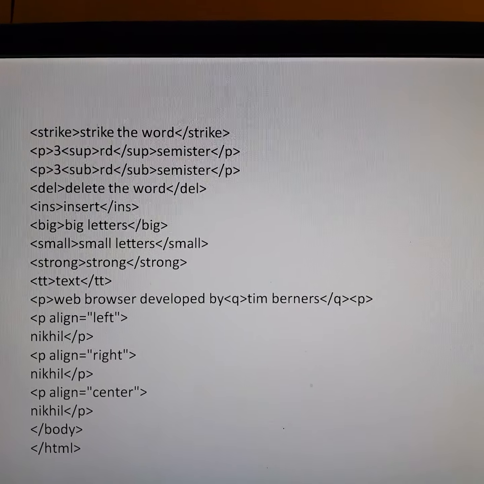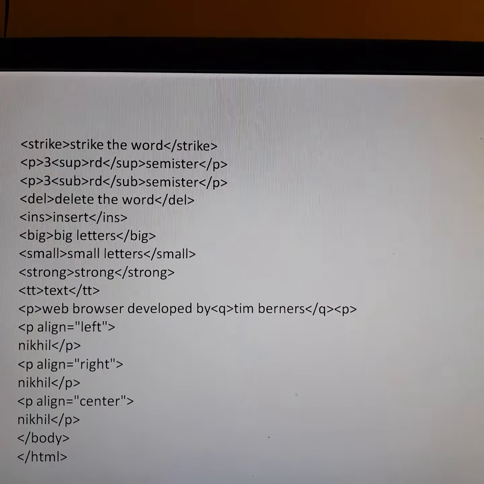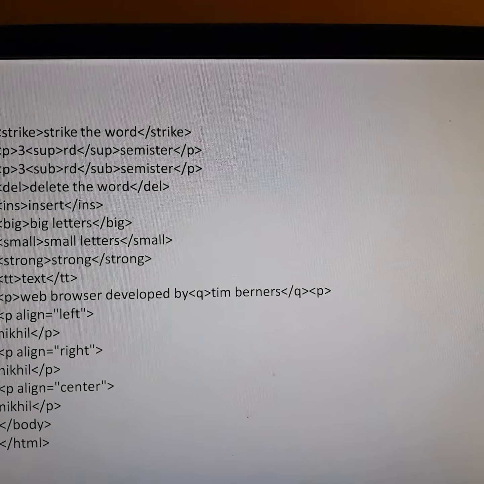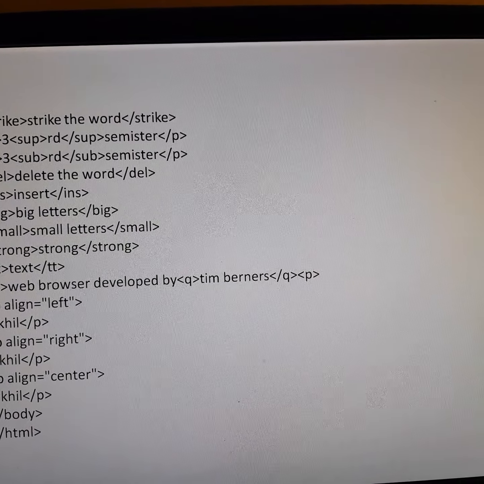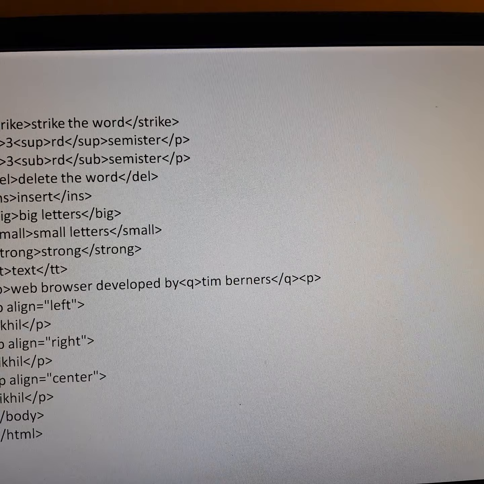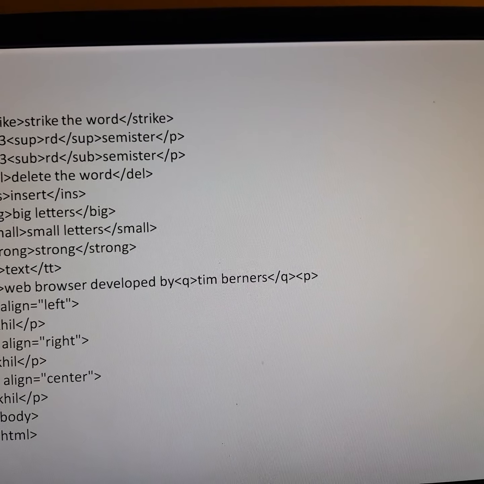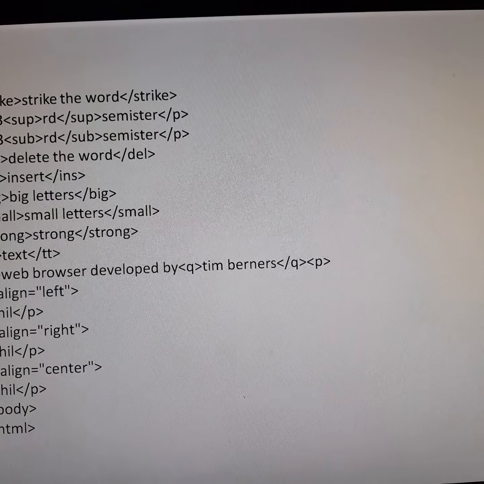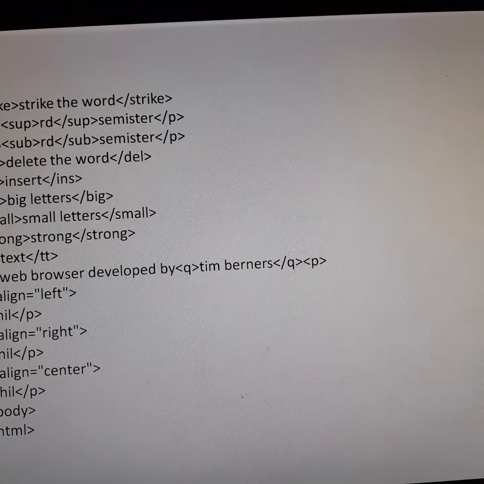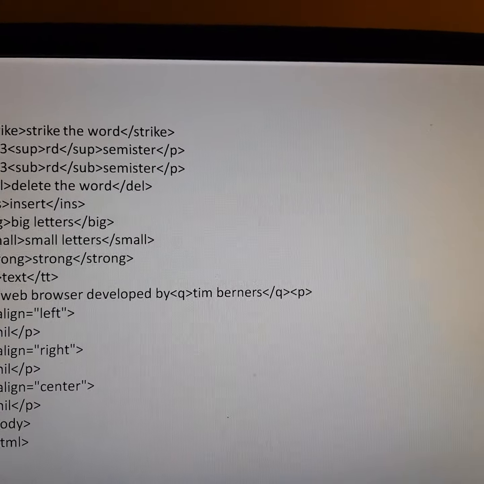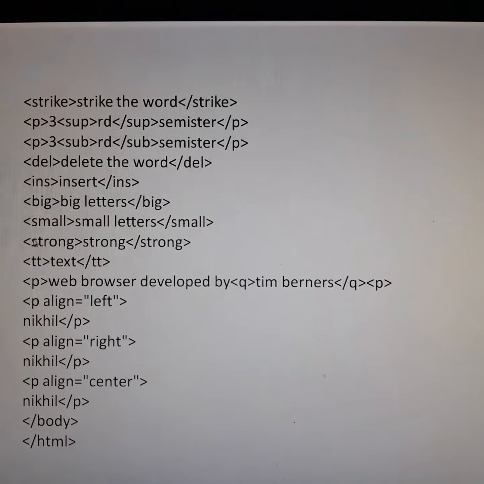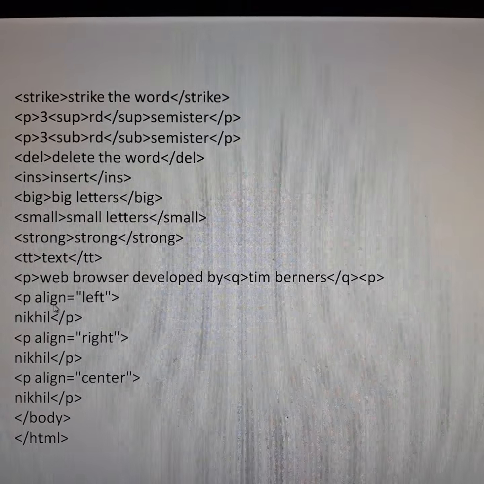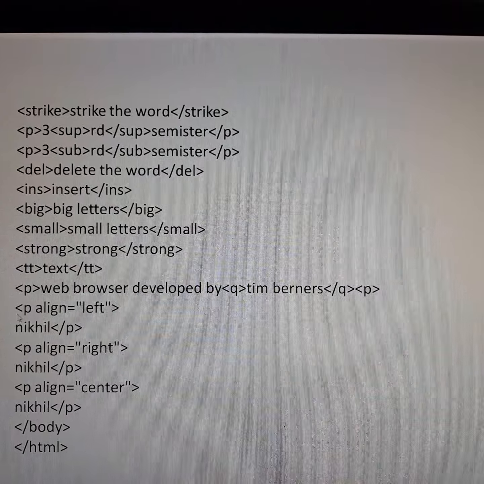Small means that text will be written in small letters, and TT is another tag. Then in paragraph, web browser developed by Tim Berners. Then if you see this here in P, we have used align. This we call as an attribute for paragraph tag.